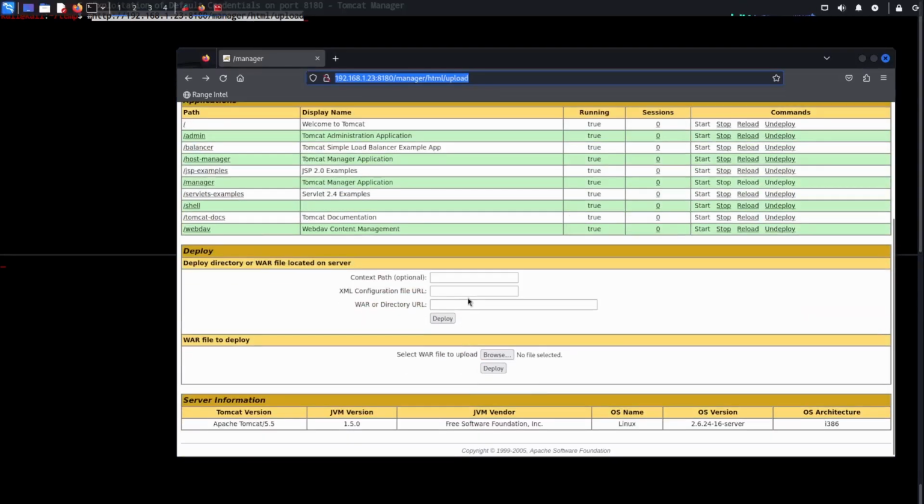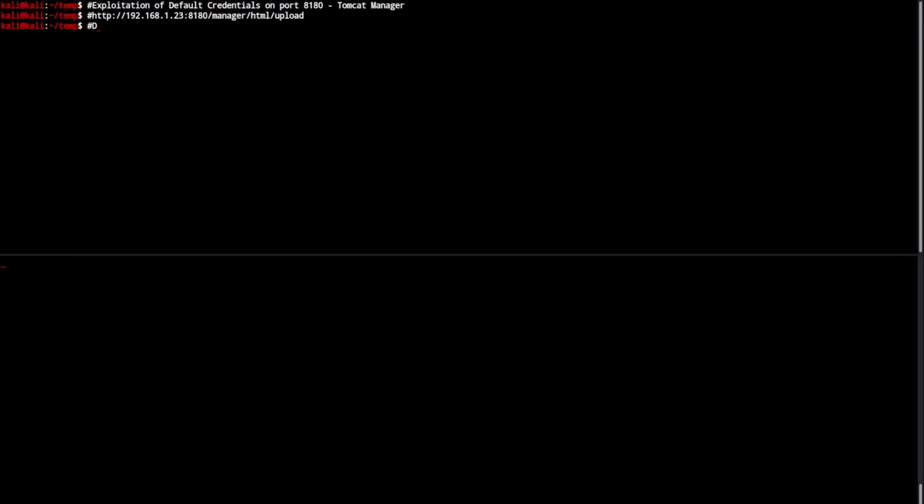And the first thing I think that comes to mind is, can we do default credentials? Those worked. Does the application support upload functionality? Yes, it does. What's the web stack? JSP,